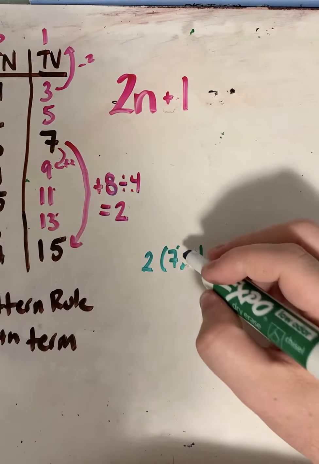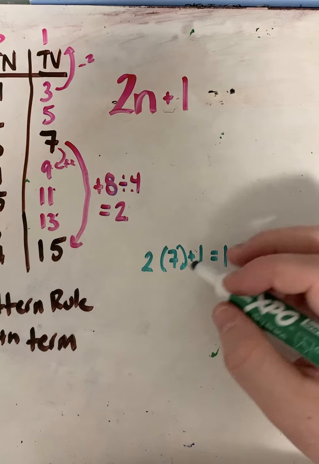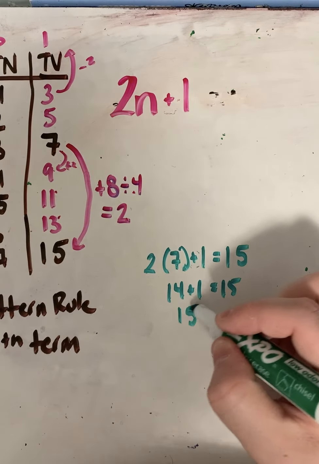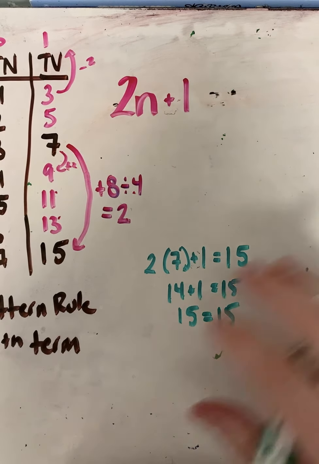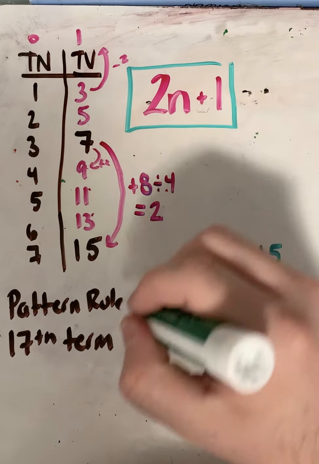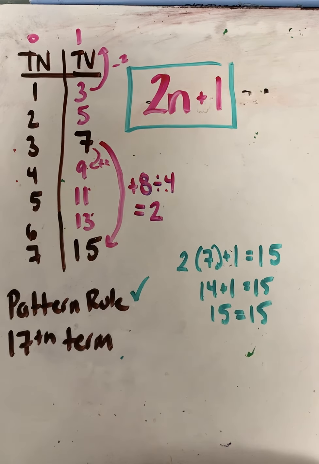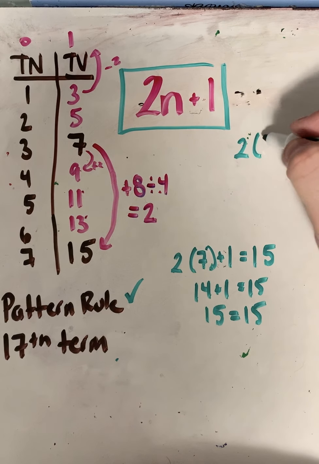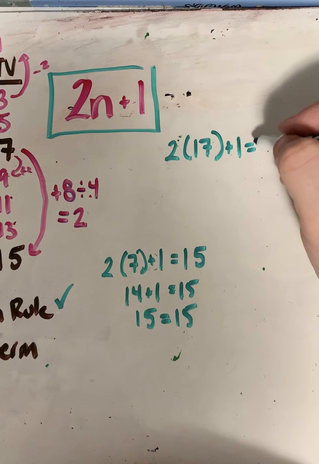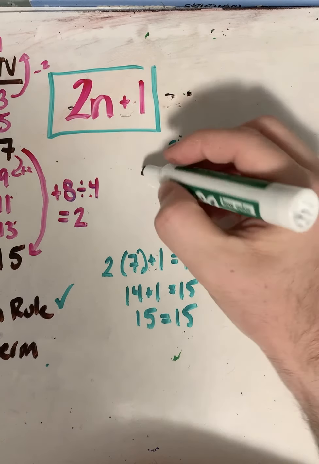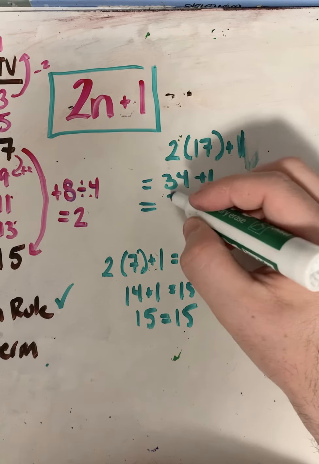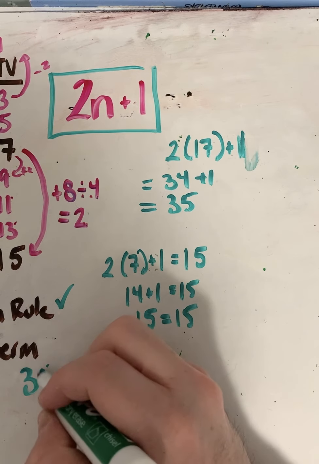Sorry guys, see, this is why I checked it, right? I would have made the mistake. 2 times 7 is 14 plus 1 equals 15, and 15 equals 15. Once I have the pattern rule, the second part is much simpler. All I'm doing is inputting it now. So 2 times 17 plus 1. 2 times 17 is 34 plus 1. 34 plus 1 is 35. So the 17th term is therefore